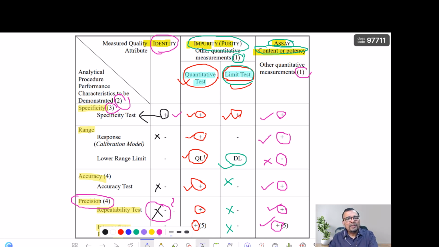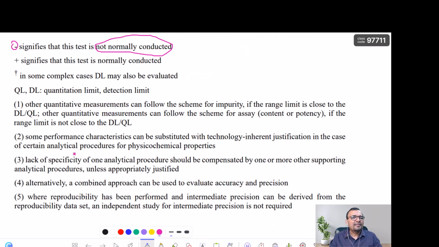Let us move on to the second point, that is the plus sign. What does the plus sign indicate? That yes, this parameter needs to be normally conducted, right? It's very simple to understand. Now, this mark means that in some complex cases detection limit may be evaluated. For example, in the case of